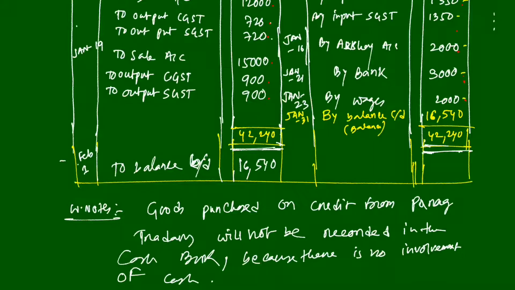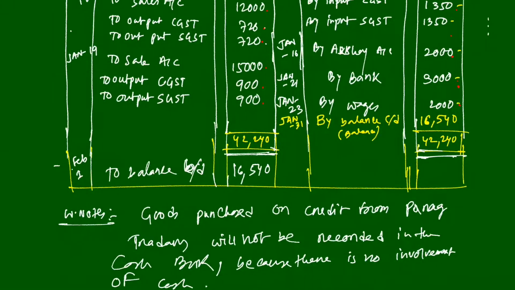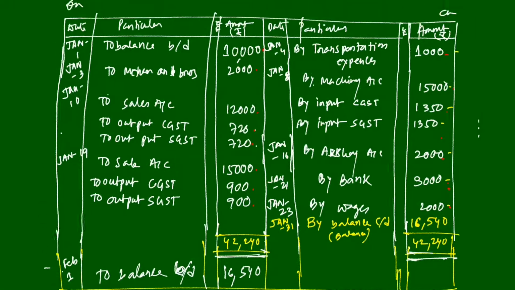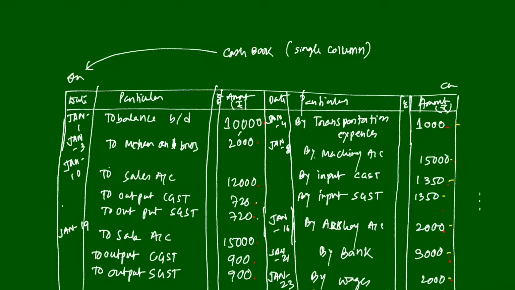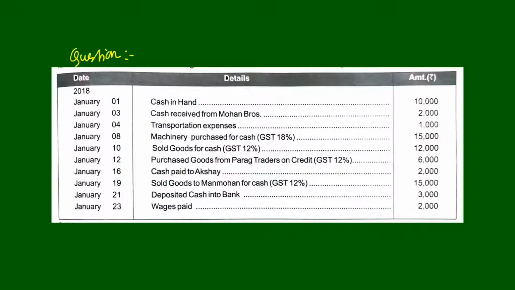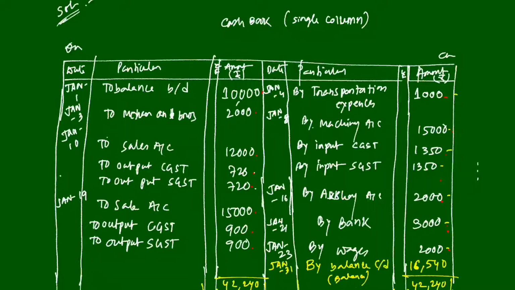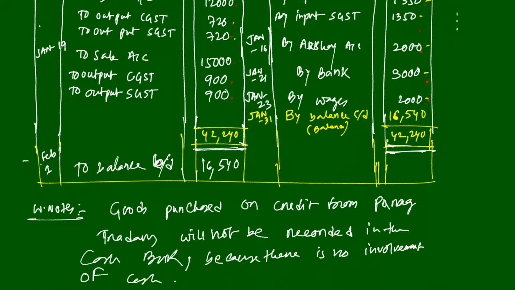Okay, so this is the working note. You have to write working notes after solving that question, that solution. On the next day we will see the double entry cash book. Okay, so